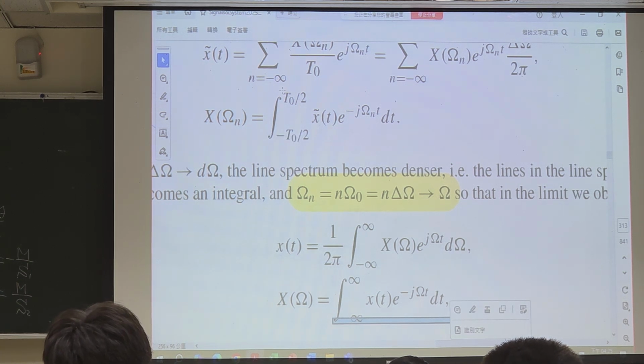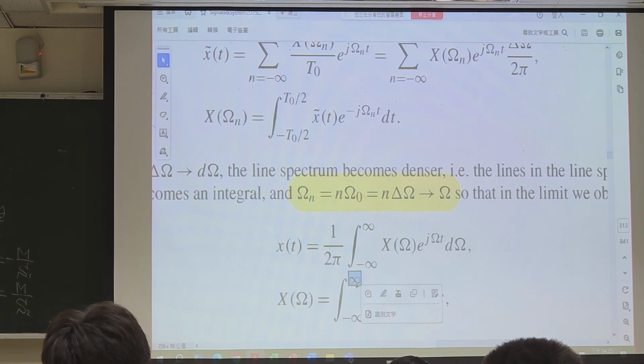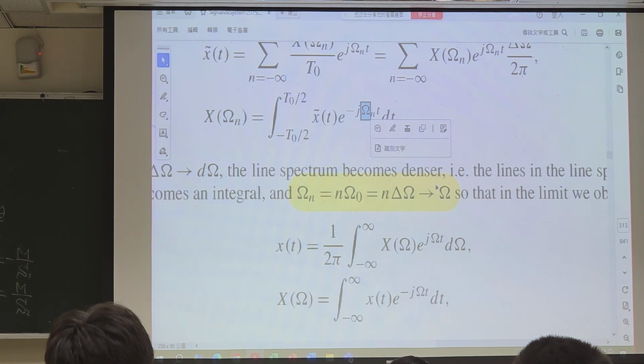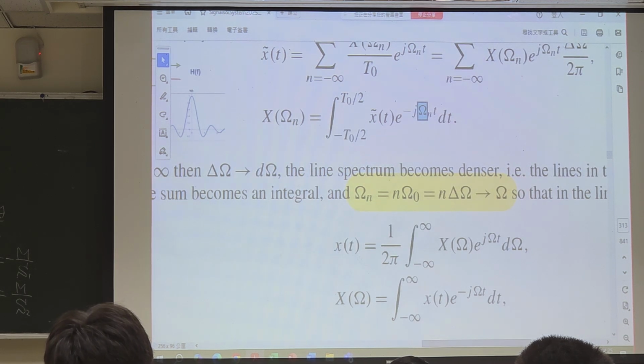Take a look here. Now t sub 0 goes to infinity, so the upper limit of integration becomes positive infinity, and the lower limit of integration becomes negative infinity. And omega n can be replaced by simply omega. We don't need to carry the subscript n anymore. So this becomes the